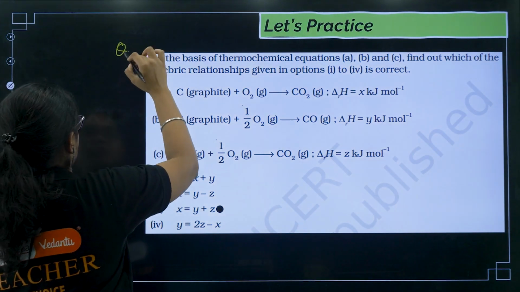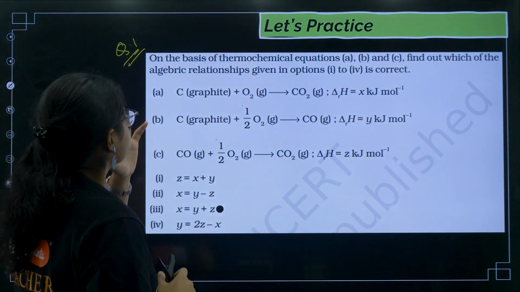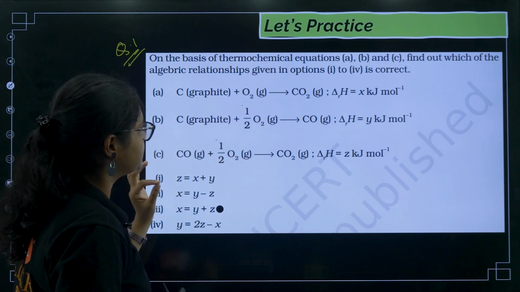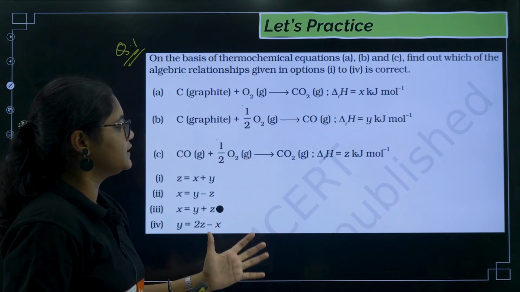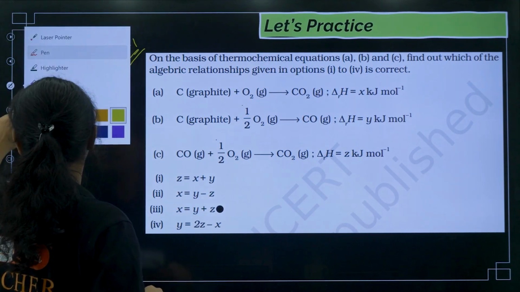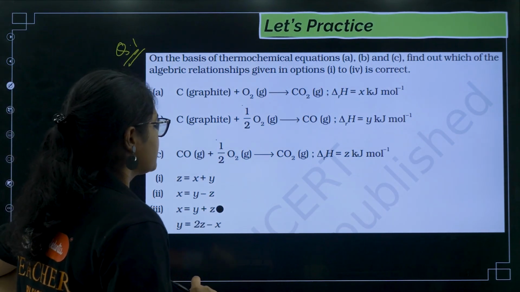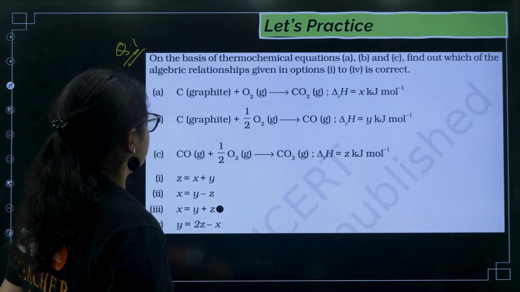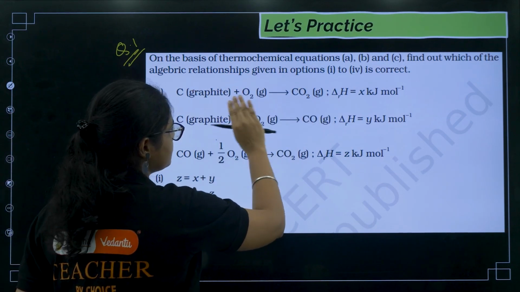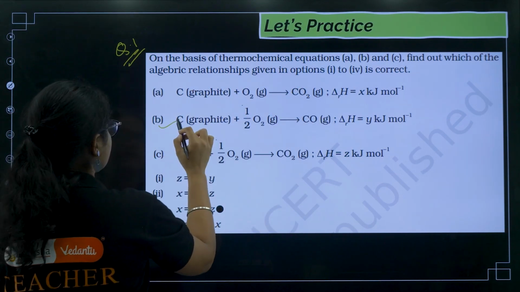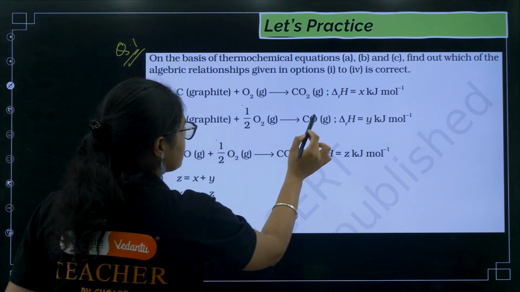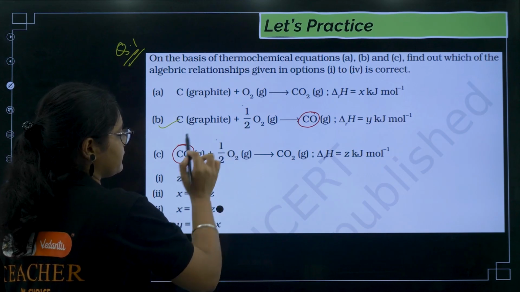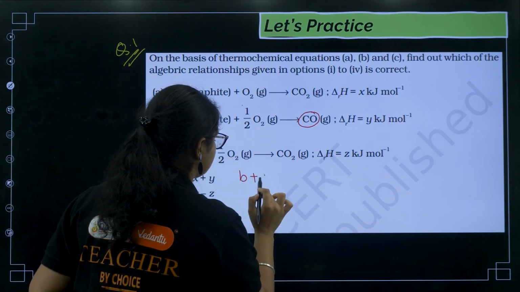So this is your question number 1. On the basis of thermodynamical equations A, B, C, find out which of the algebraic relationships given in options 1 to 4 is correct. Okay, so we have to find which of the reactions is correct. Now if you see here, in the first equation, there is no CO, right? But in the second equation I have CO, and in the third equation I have CO. Now if I add these two equations, B plus C,